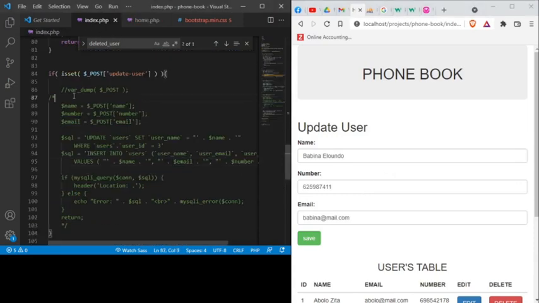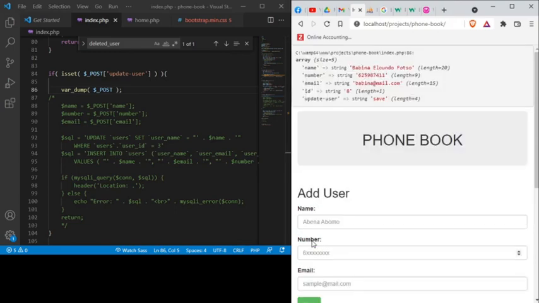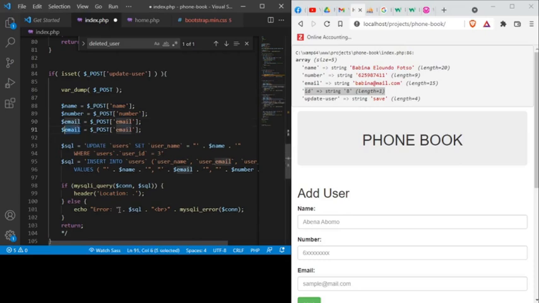Great. We close this. So back here, this means that what? When we send this value, if we look at our post, we should see the ID. What are we editing this time? Babina Elundo photo. We'll just give you the name of the Elundo photo. And we save. Good. You see, it comes with the ID. Great. That's what we're looking for here. So the moment we catch that ID, the moment we get the ID,